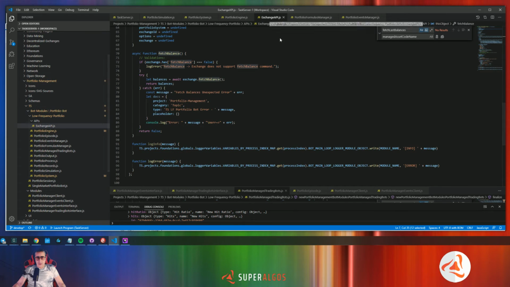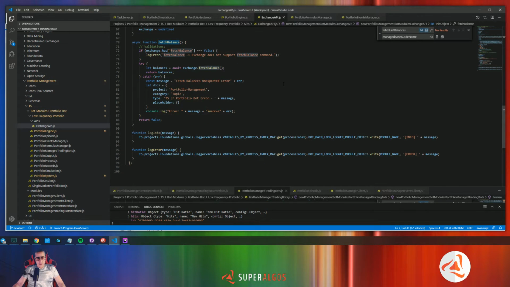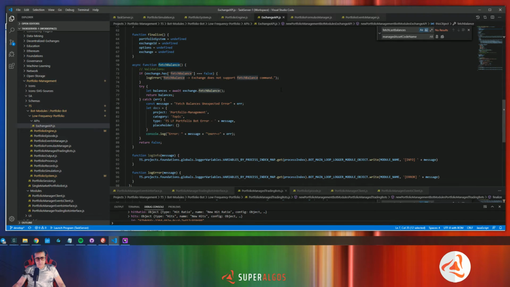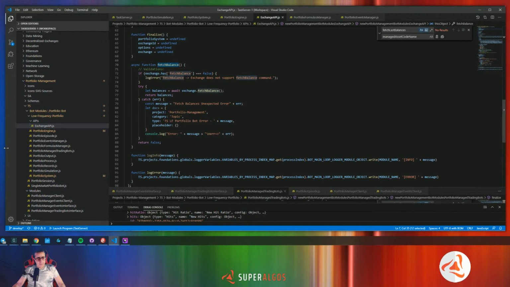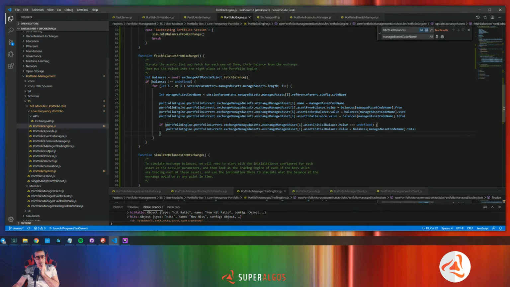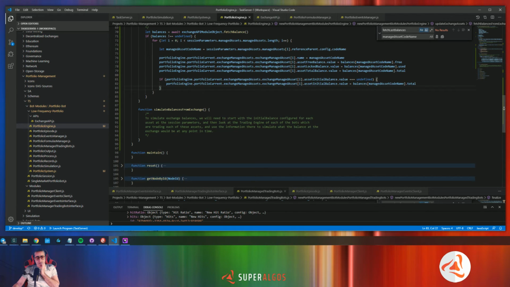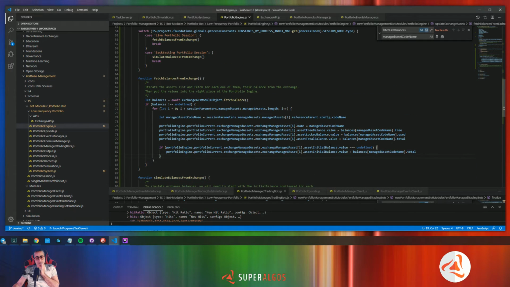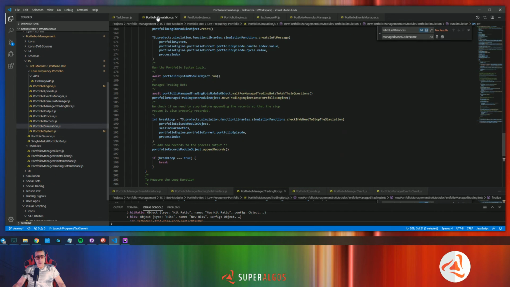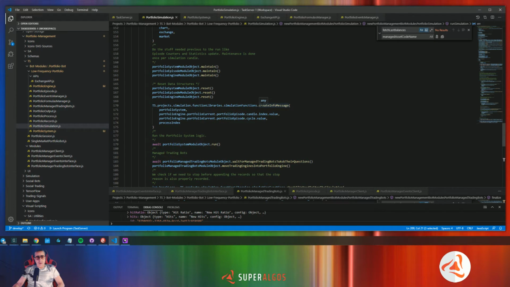Portfolio. Okay, Exchange API. So portfolio engine will have this fetch balance from exchanges, and at the simulation portfolio engine module object,